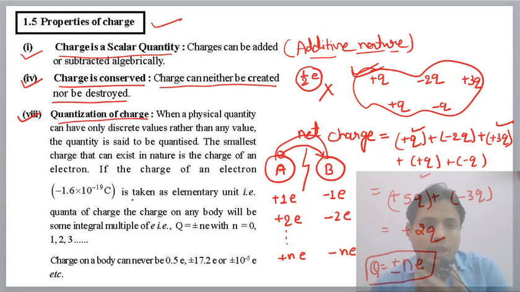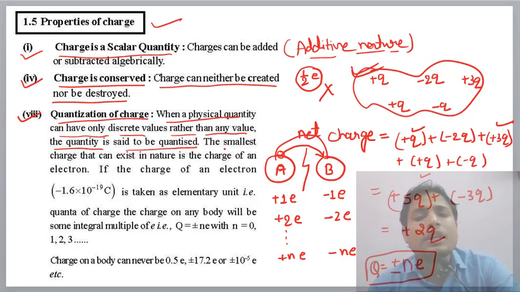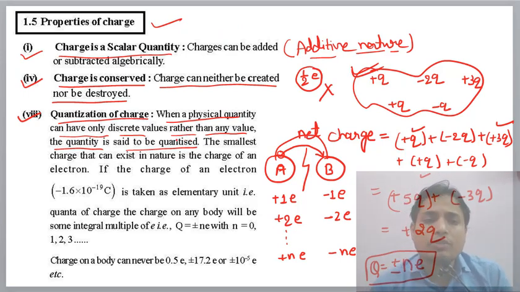Okay, and we can say that when a physical quantity can have only discrete values rather than any value, the quantity is said to be quantized. मतलब कि किसी क्वांटिटी के पास अगर डिस्क्रीट वैल्यूज हो, जैसे 1 2 3 4 5 6 ऐसे हो, ठीक है, मतलब कॉन्टिन्यूअस वैल्यूज ना हो, ठीक है, जैसे नेचुरल नंबर डिस्क्रीट होता है लेकिन रियल नंबर कॉन्टिन्यूअस होता है, क्योंकि उसके बीच में ढेर सारे नंबर भी आते हैं, वो कभी खत्म नहीं होता, वो कॉन्टिन्यूअस होता है, ठीक है।